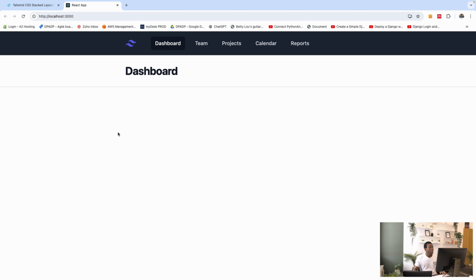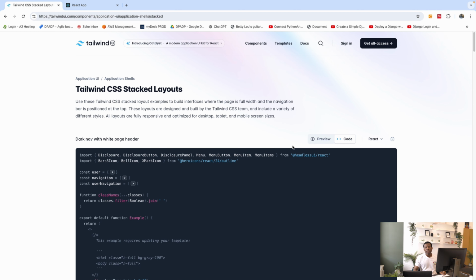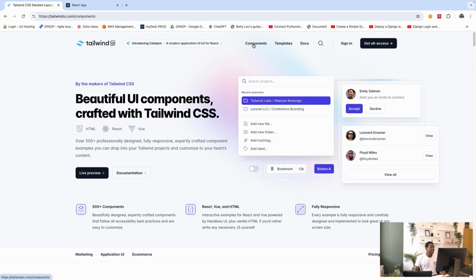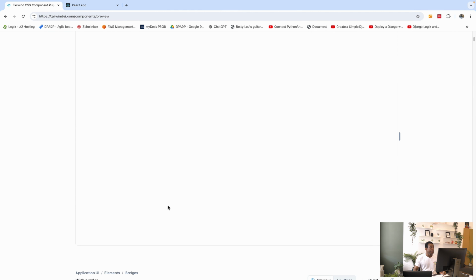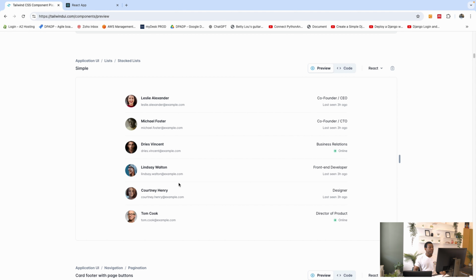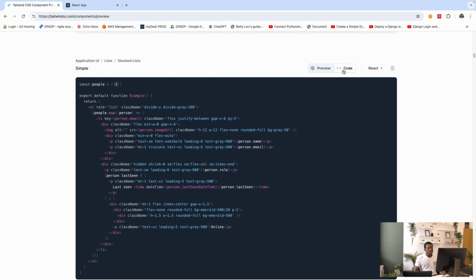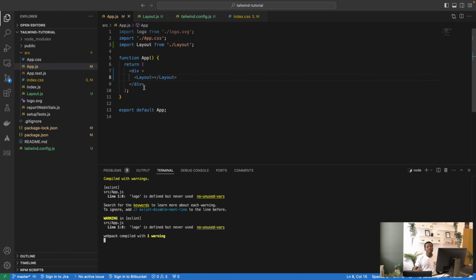This is the layout. Now let me just show you how to use any other component in Tailwind for free. I mean the free components. So go to components, and at components click on live preview, and here you can scroll down to see different components. So let's take, for instance, I want to use this one. What I do is go to code and go to React, copy it,